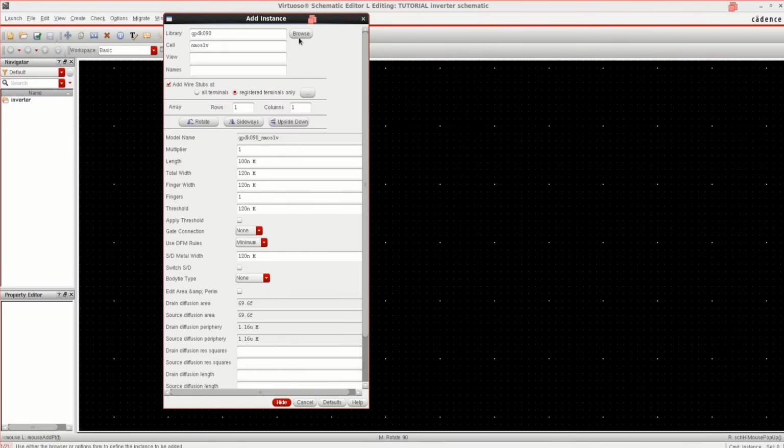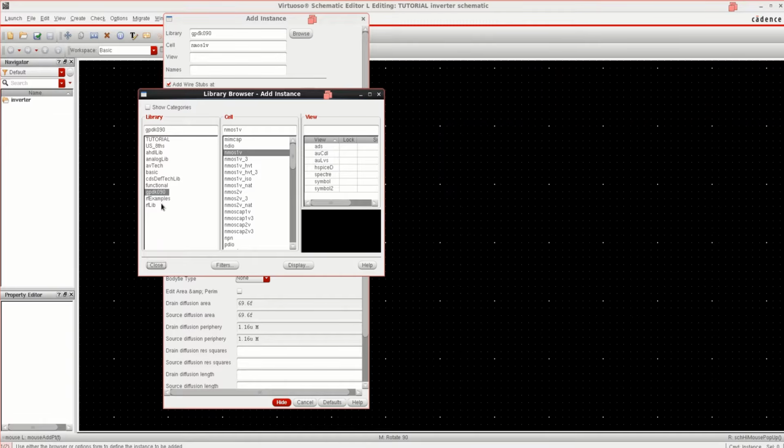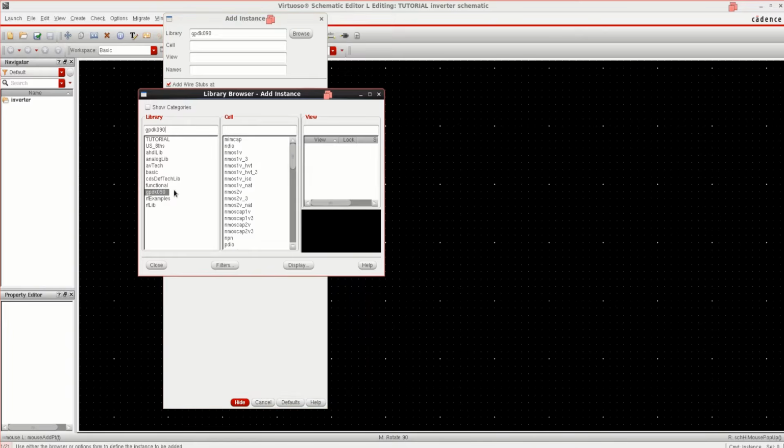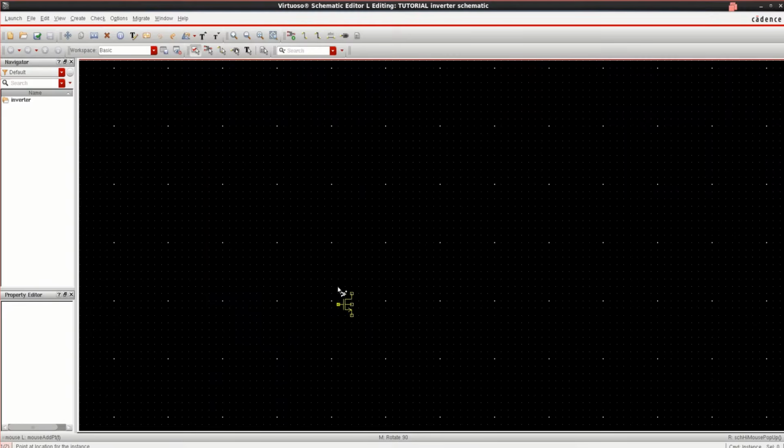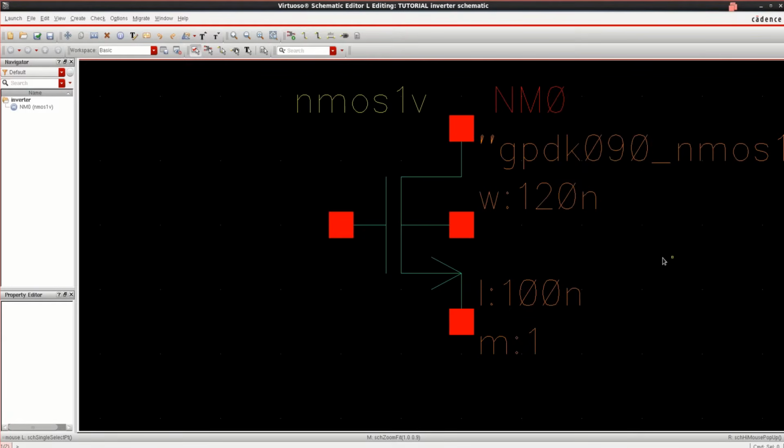So select it, browse, GPDK 90, 1 volt, click on symbol so that it is available in the workspace. Close it, hide. If you want to see that full view, hit F.